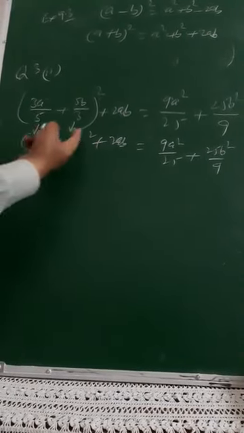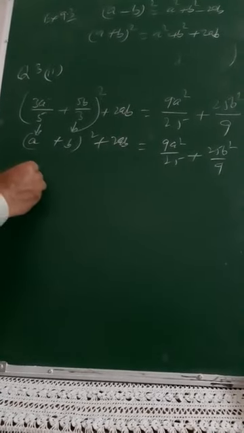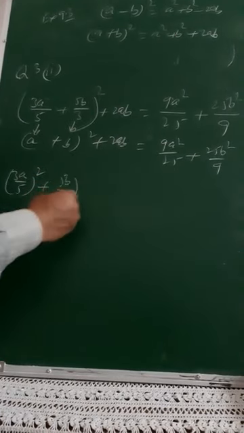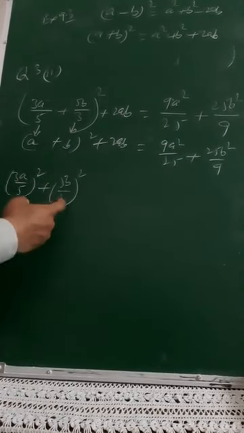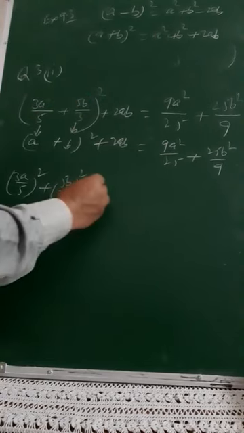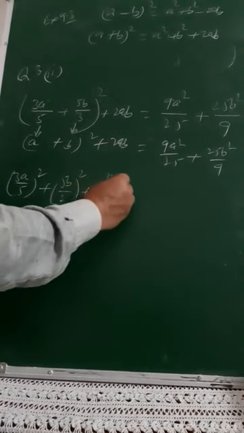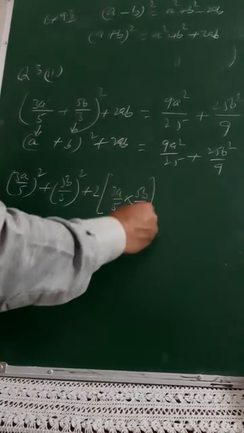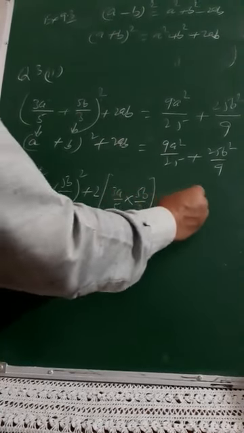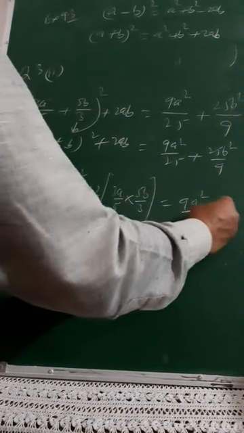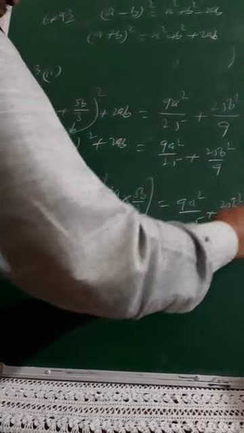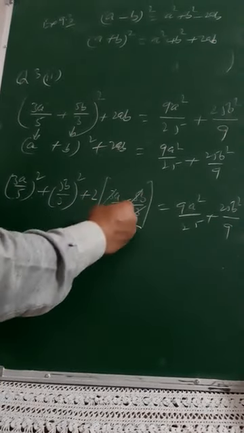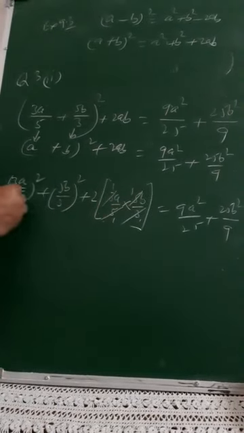So here (a plus b) whole square is a square. A means what? (3a upon 5) whole square. B means what? (5b upon 3) square. a square plus b square, because this is a and this is b, plus 2ab. ab means 3a upon 5 into 5b upon 3. Now this is 2ab is equal to, nothing to do here, it is already simplified, right as it is. 5 gone with 5, 3 gone with 3, ones are. So here it is